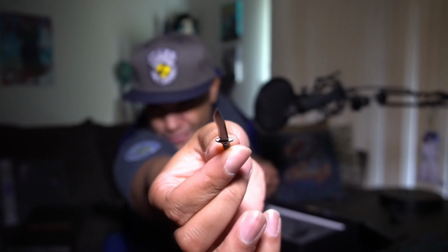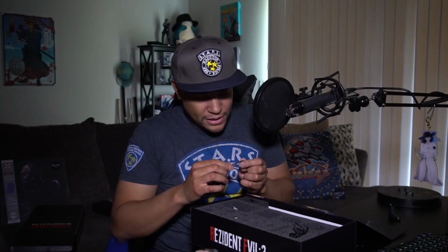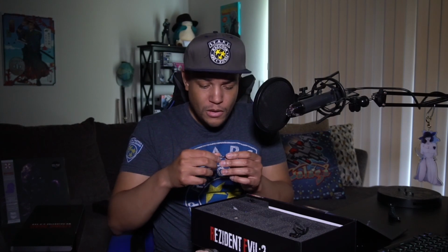There we go. It's a knife. There you go. That's about it. It's a decent sized knife. It looks really good. The weathering on it is great. Like you can actually see on the very edge, it's full silver, and then in the center it's kind of that gunmetal silver, so it's slightly darker. My lights are probably not the best for that to actually show off that slight difference there, but once again,